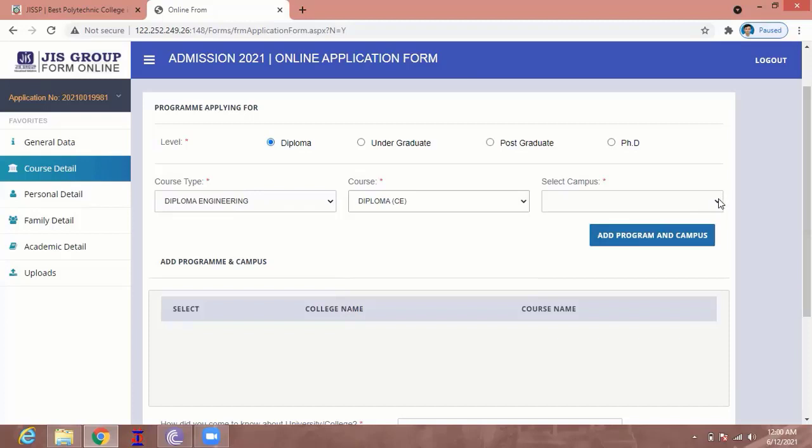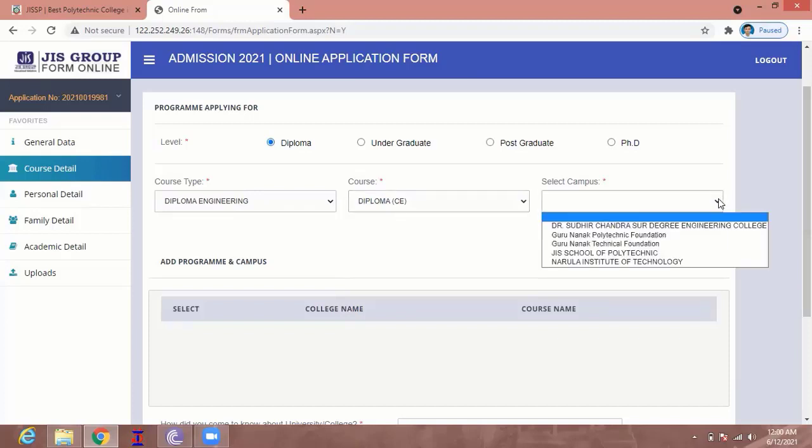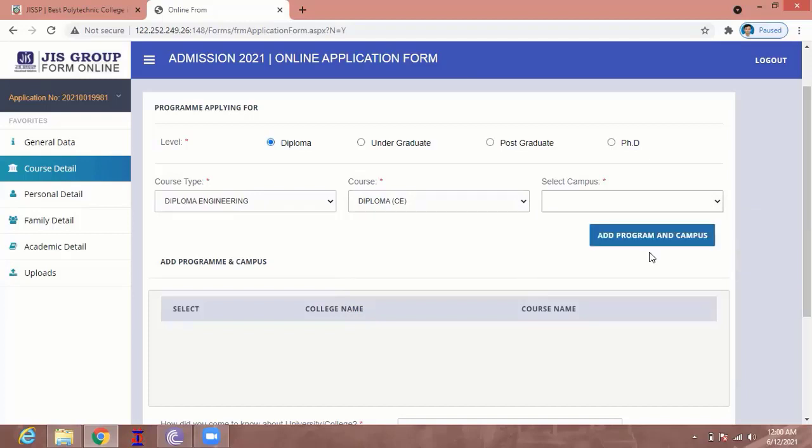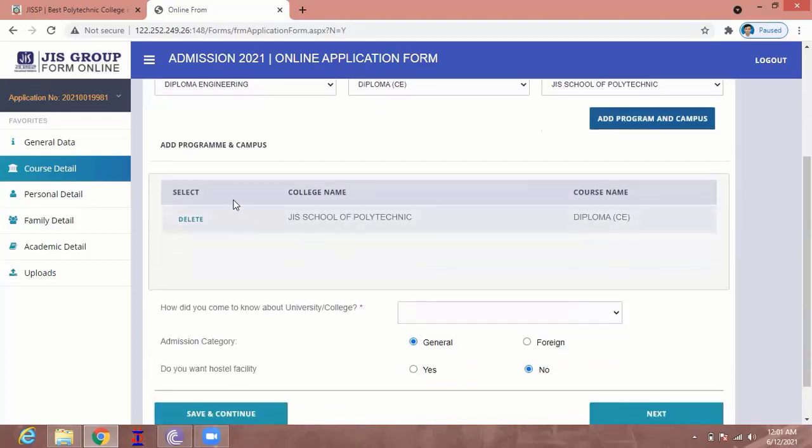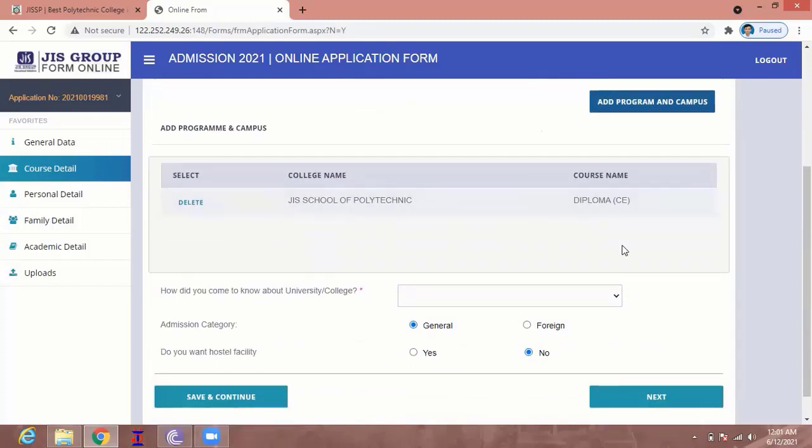After choosing the course, you have to select the campus JIS School of Polytechnic from the right hand side, select campus window. After adding all the programs and your campus, just click on the Add Program and Campus button. You will see your choice here.